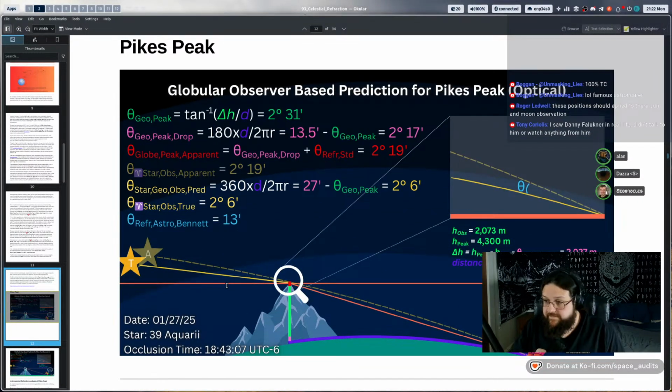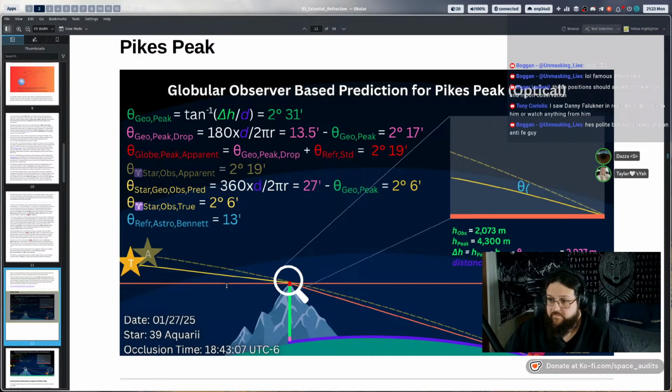Yeah, nice. Oh, sorry, didn't mean to cut you off. No, go ahead. You're good. So is that to say that the terrestrial layer of the atmosphere has no impact on the apparent angle of the occlusion? Correct. Yep. I think it's incorporated into the astronomical refraction already. Yeah, I was going to say it's incorporated into astronomical refraction. That bundles all of the atmospheric refraction together, right?